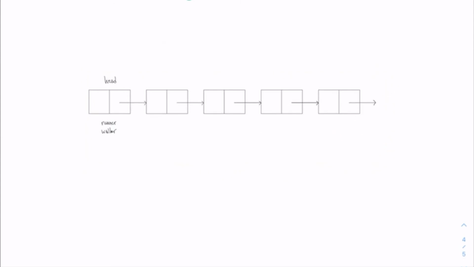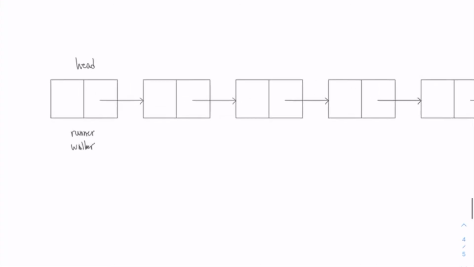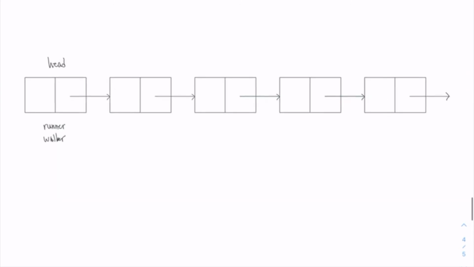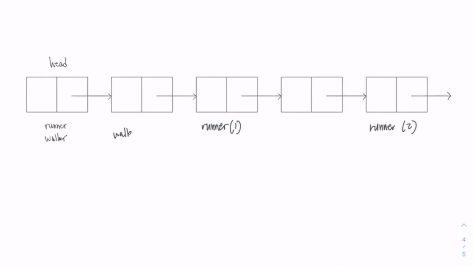So we have a linked list that does not have the cycle, and it's just a straight linked list with no cycle. If we iterate this like we have in the earlier example, we have runner here, then runner here in the second iteration, and then walker is here in the first iteration,